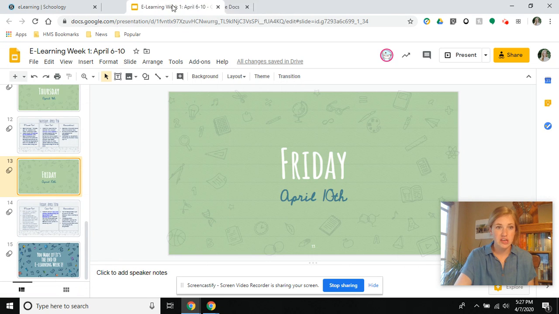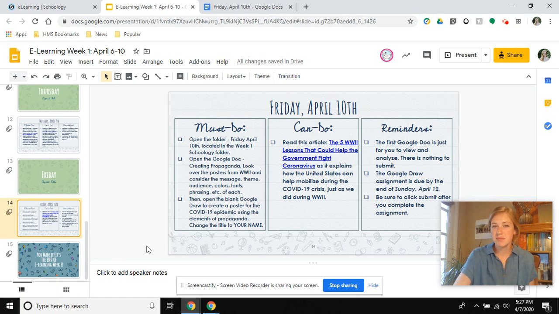Remember, we're going to check out that e-learning weekly to-do list. Today is going to be more of a project assignment. So we've done a Google Draw before. We're going to do that again today. So on our must do, it says open the folder for Friday, and then open the Google Doc first called